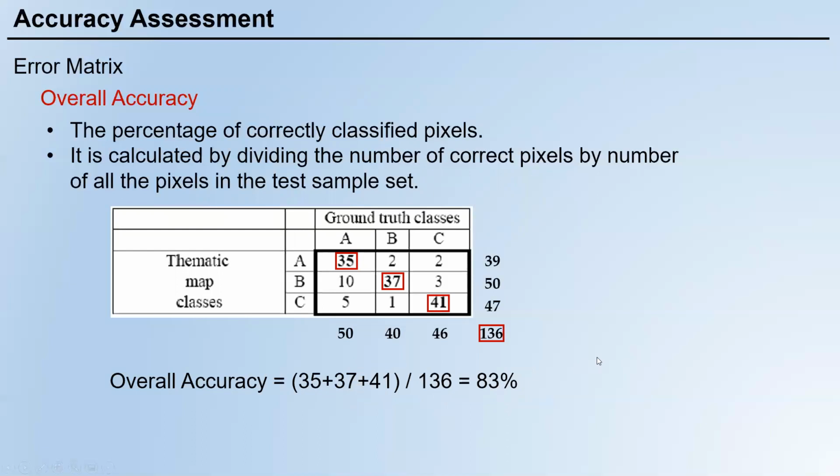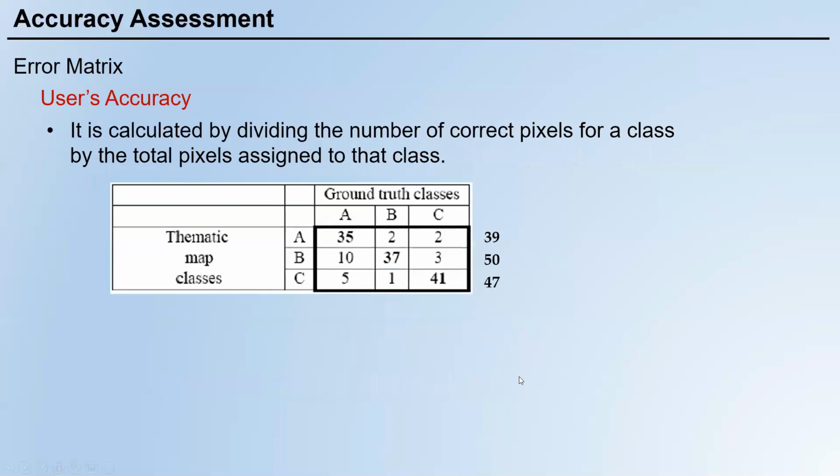That's a pretty good one. Okay, not very high, like 90 or 93 or 94, 95, but it's okay. It's acceptable, but it's only acceptable. It's not very accurate. That's overall accuracy. And user's accuracy is calculated by dividing the number of correct pixels for a class by